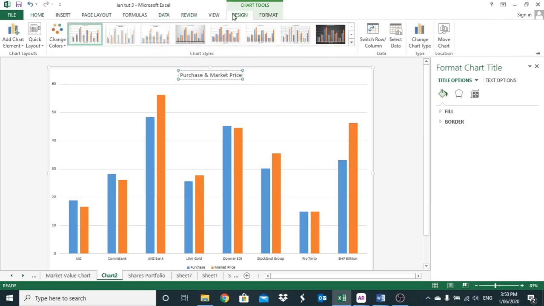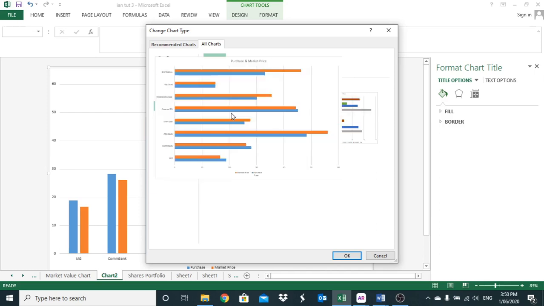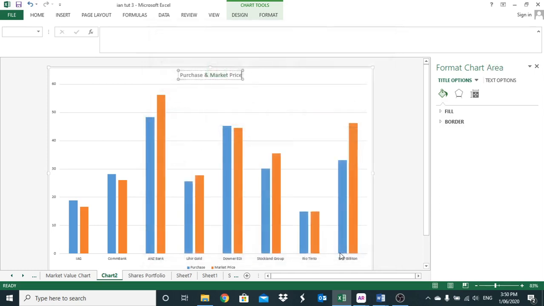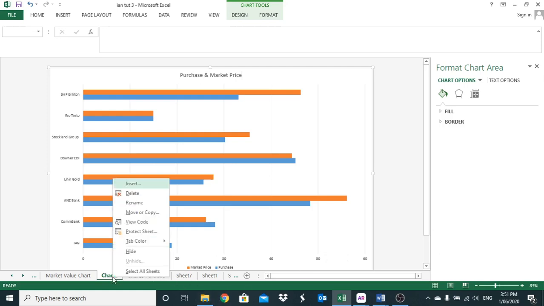and we're looking for change chart type, and we're looking for bar graph clustered. So we go bar graph, which is here, and clustered, this one here. Clicking OK, and that just presents information in a different format. Chart title, done that. We want to change this. We want to rename this